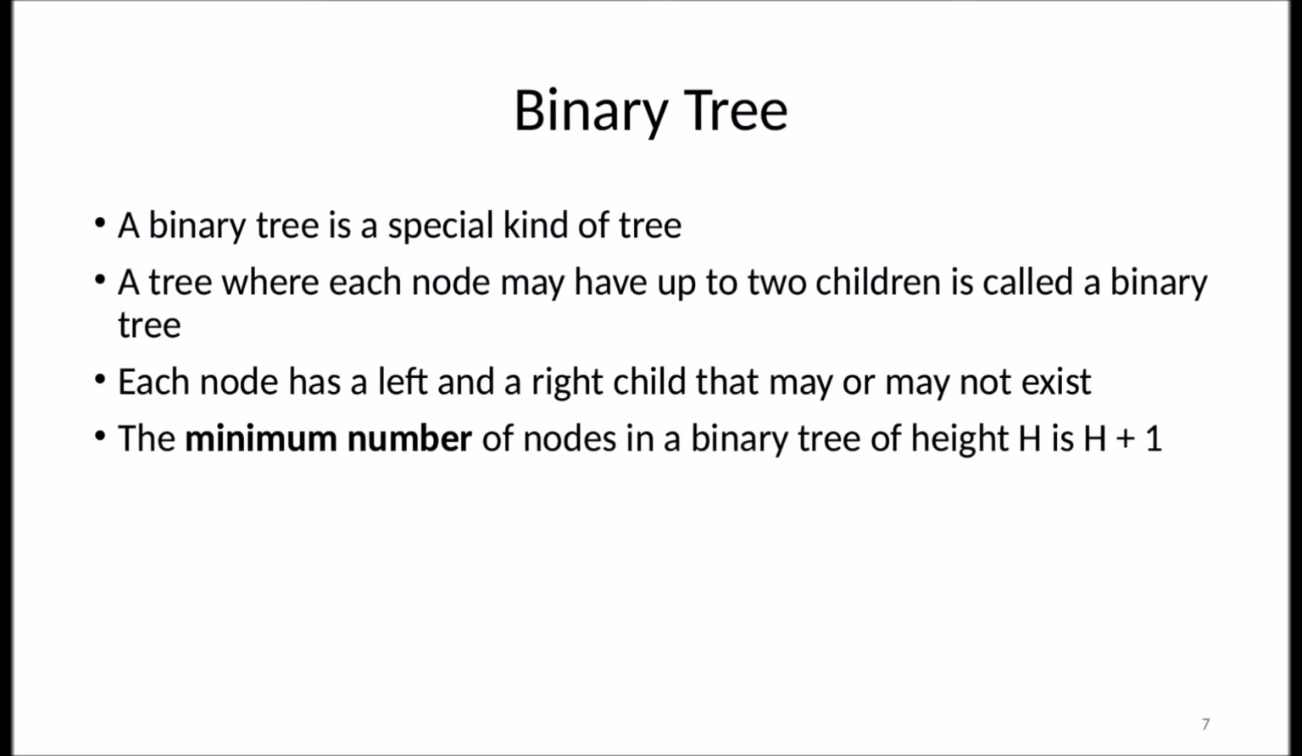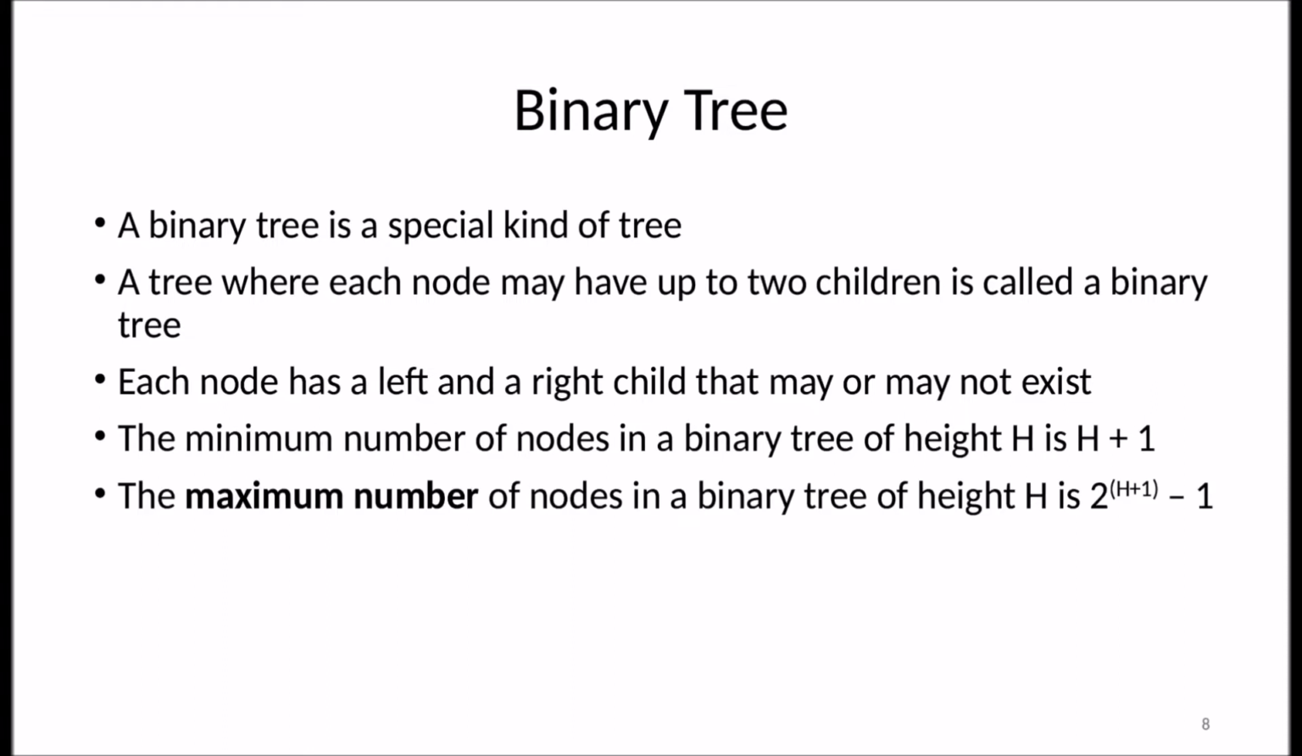The minimum number of nodes in a binary tree can be determined based on the height. So for a height h, the minimum number of nodes that a binary tree will have is h plus 1. This would essentially represent a linked list, where each node just has a single child node except for the leaf node. The maximum number of nodes in a binary tree can also be determined based on the height. So for a height h, the maximum number of nodes would be 2 to the power of height plus 1